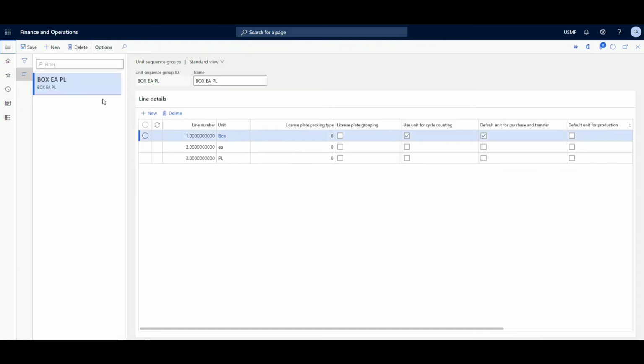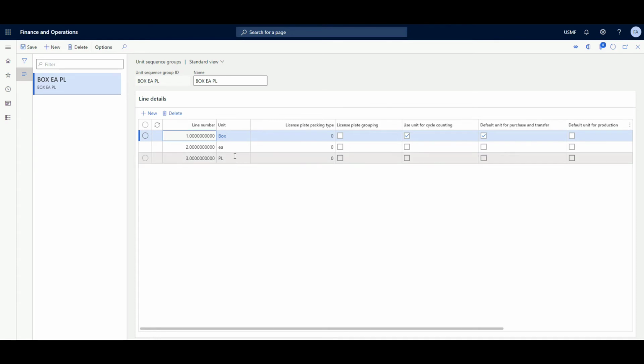So whenever you create this unit sequence group, when you click new, it will ask you 1, 2, 3, 4. Always make sure on number 1 you should have the unit in which you are storing the inventory. Okay, so that will be your inventory unit. Number 1 should always be your inventory unit. Then you can use the eaches and pallet. Why am I using pallet? Because when I'm doing inventory movement, maybe I want to move the whole pallet from one bulk location to another bulk location. So what I'm thinking is I should also have another unit called pallet, and I have defined this in a